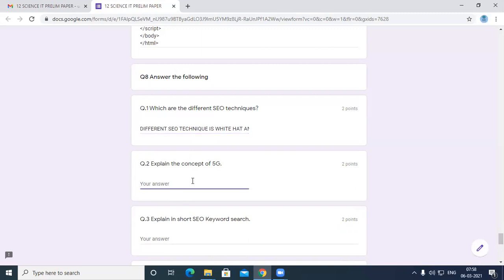Explain the concept of 5G. 5G is an enhanced network of 4G. 5G is a wireless network with greater speed than 4G and so on.